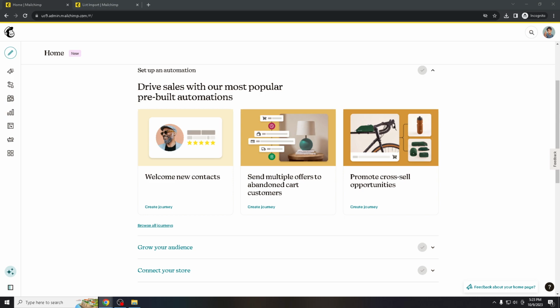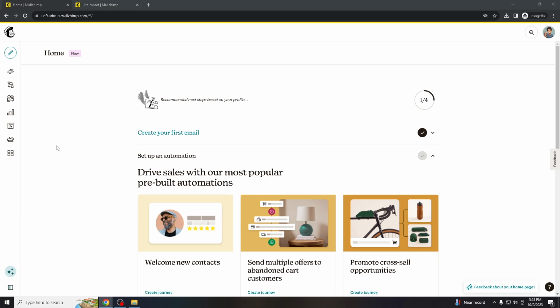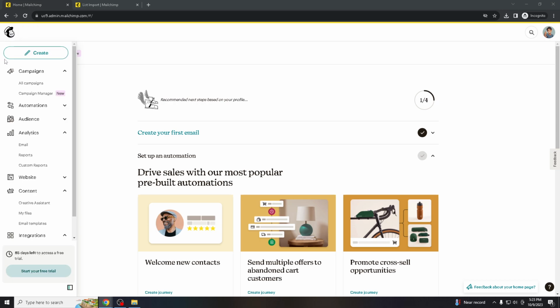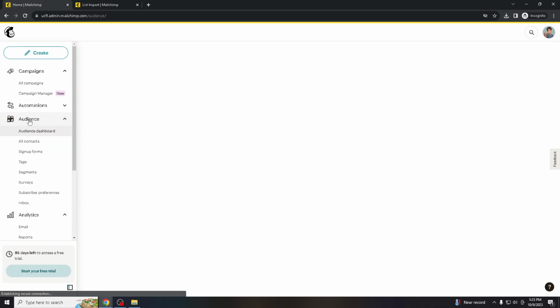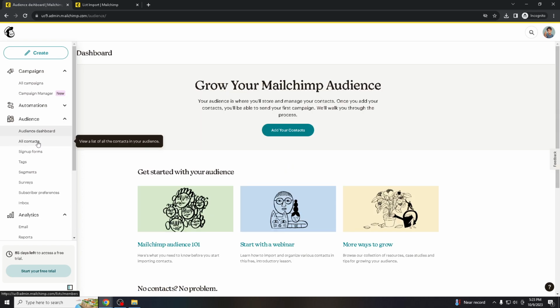Okay, so before we do that, go to Mailchimp.com and create your account if you don't have one. And once you successfully created your account, log in with your credentials. And once you are in, go to the interface and right click on the left part where it says audience. Click audience and